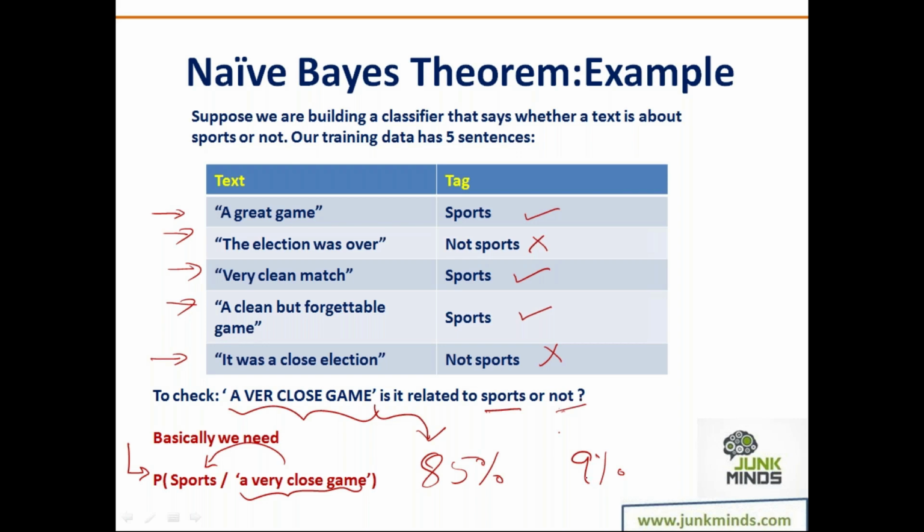Guys, please understand this. I need to get both the probabilities and then try and get the answer. Now, how do we get these probabilities? Just understand this, guys. Don't get intimidated by the mathematics that you see now, because all this will happen in the background, right? Okay. So now suppose I'm planning to go with the frequency of terms, the frequency of words, and then I'm going to make certain calculations based on that. Now, how do I get started? There are 4 steps that you need to understand whenever you think about the implementation of the naive Bayes theorem, right?